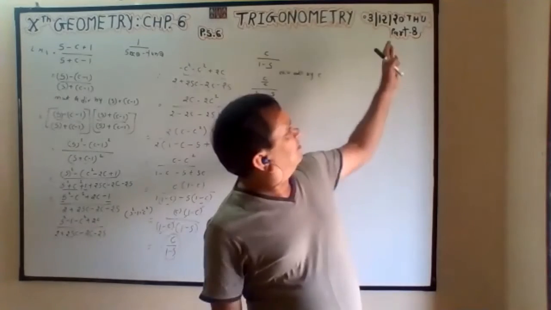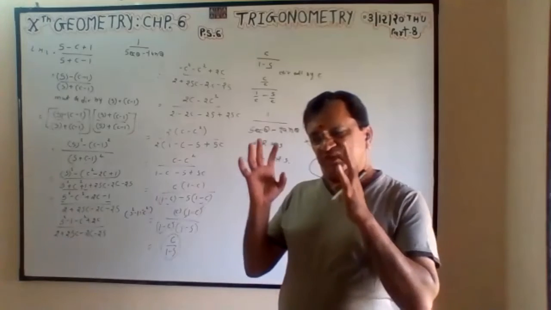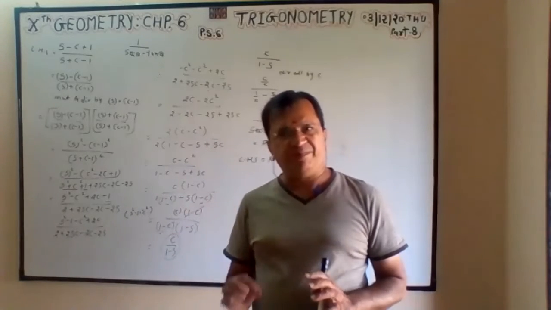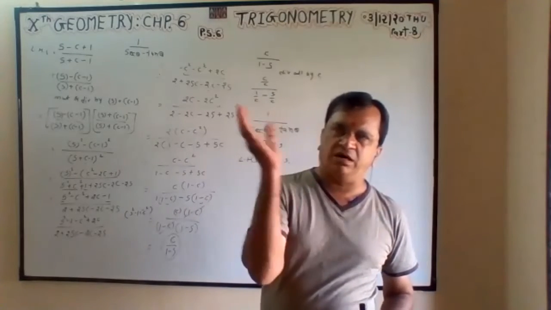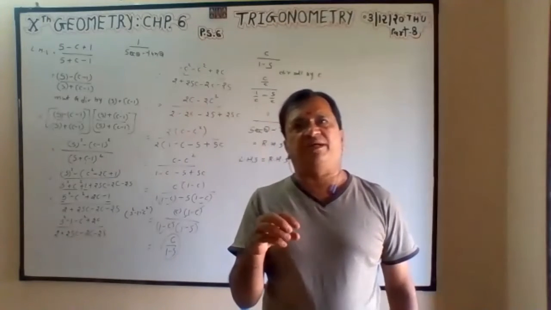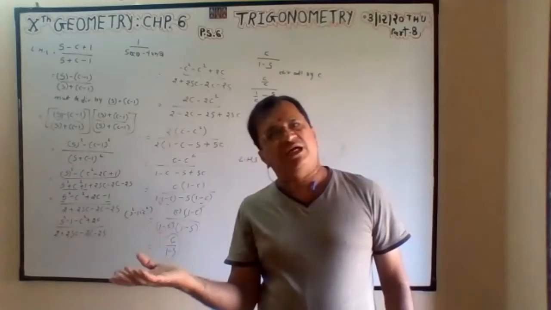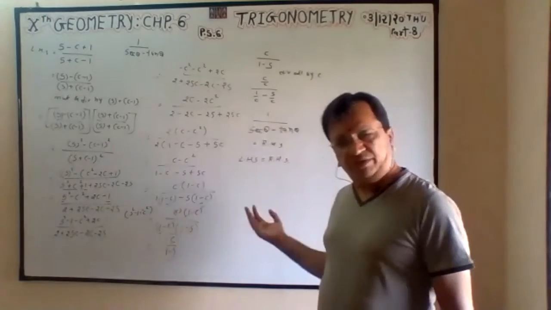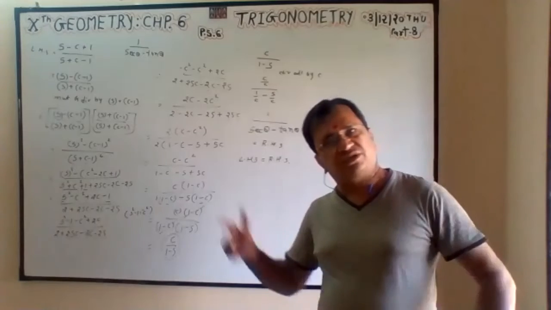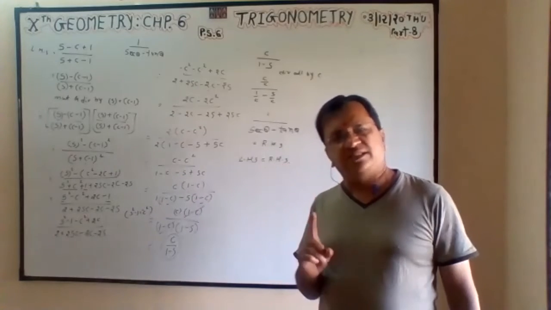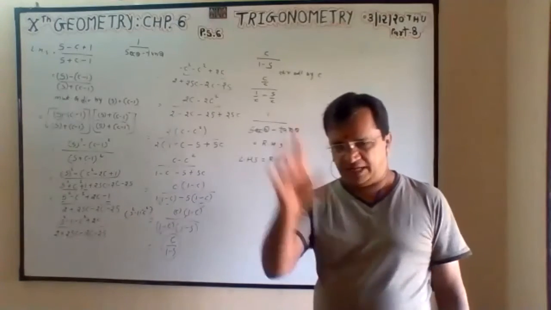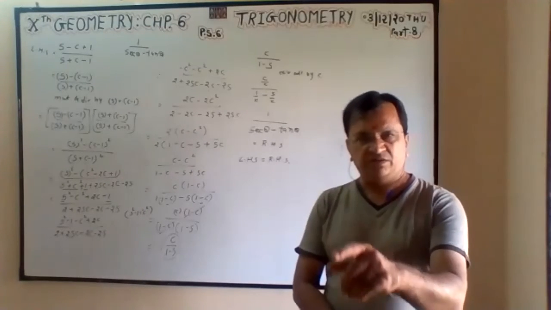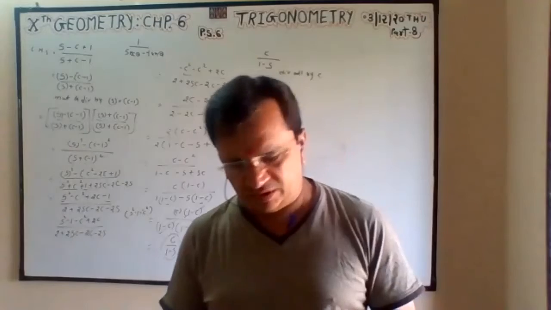In all my 8 lectures, I have given the same hint that this chapter is divided into 3 parts. One, a ratio is given out of the 6 trigonometrical ratios, and you have to convert into any of the remaining 5. Then equation to equation, the second part. In that they will ask one question: the left side is equal to the right side. They will ask one word problem. That again we will start in 6.2, also we have done word problem. This second part is also for word problem.